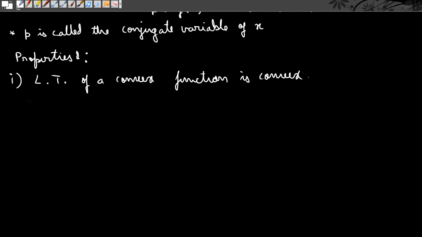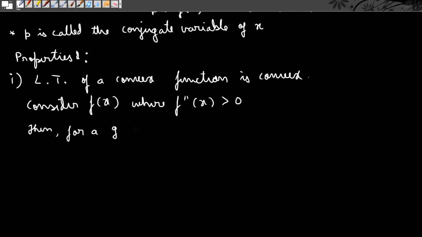To see this, consider f of x where f double dash of x is greater than 0, which means it is convex, and that too strictly convex because there is no equal to sign here. We will see what happens when f double dash of x is greater than or equal to 0 when we take some examples in the next video. But for now, if you consider such a function, then